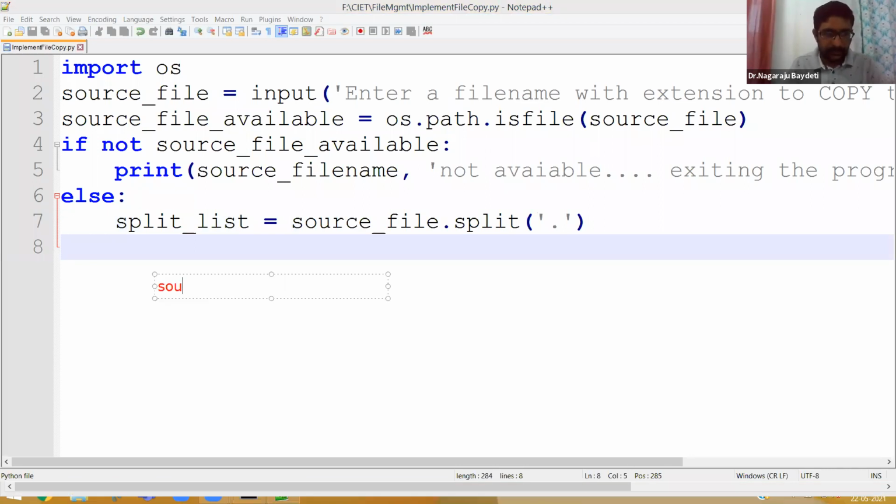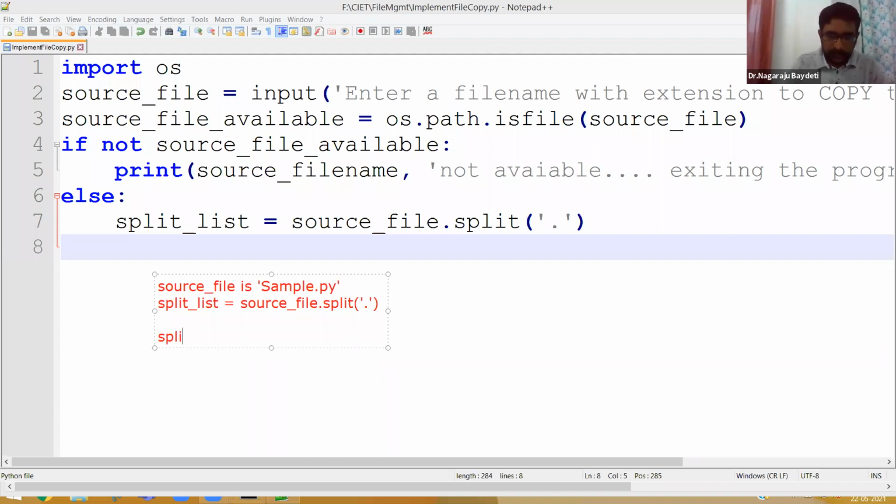In case source file is, for example, sample.py. Imagine source file is sample.py. Now source file dot split with dot, what will it do? You know.